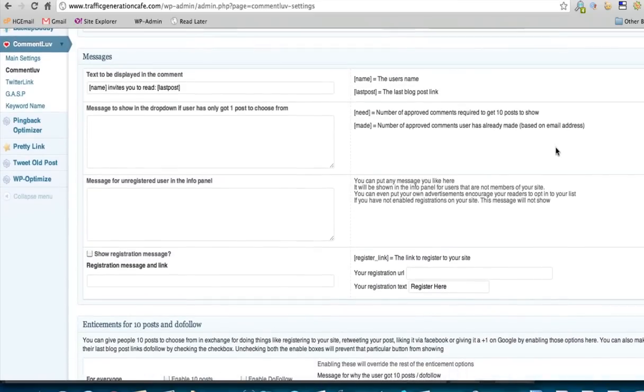So here in messages, I basically got rid of everything that is in this box and in this box, because what this says is it gives you some choices as to how many posts you would display for a commentator after they have a certain number of approved comments on my blog. I understand the thinking behind it, I'm sorry, but